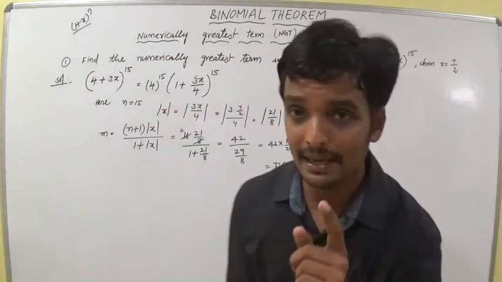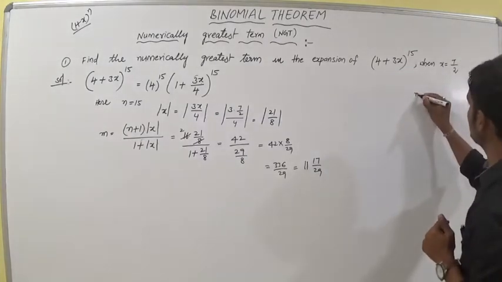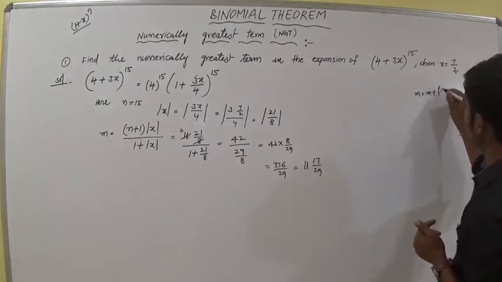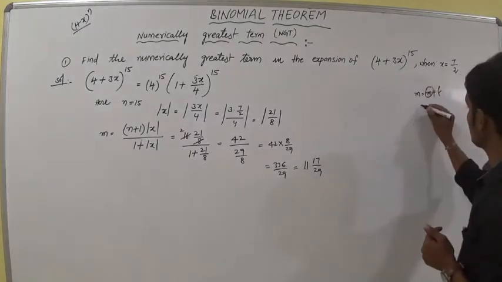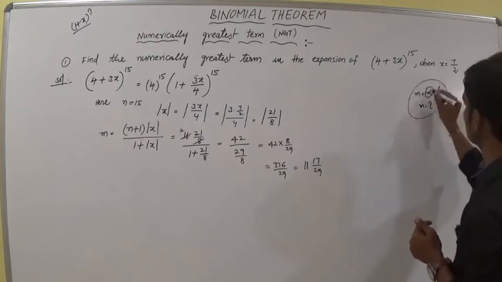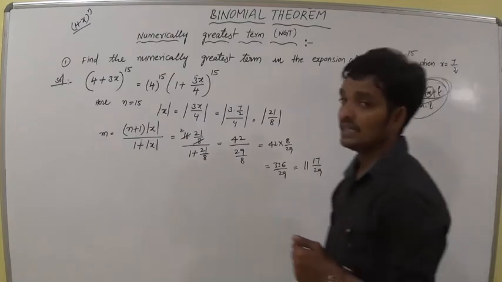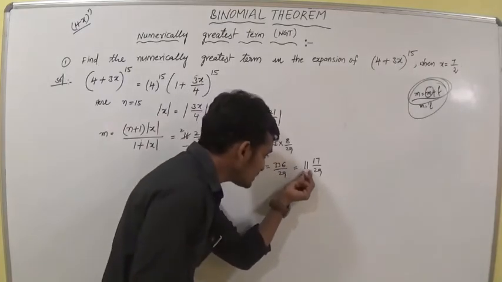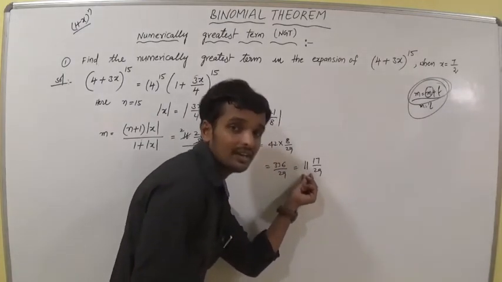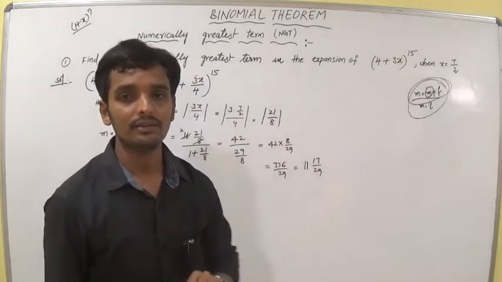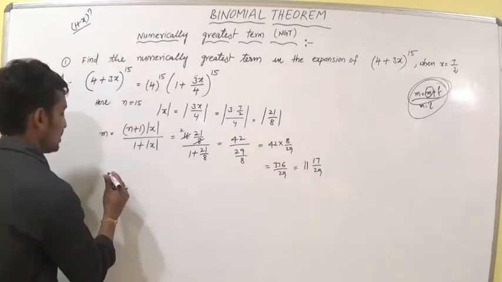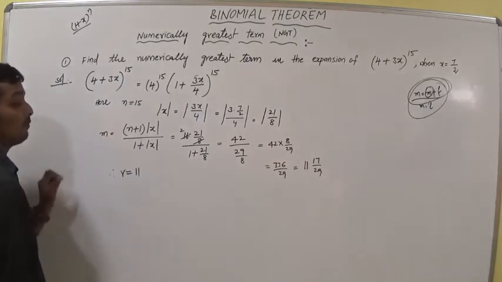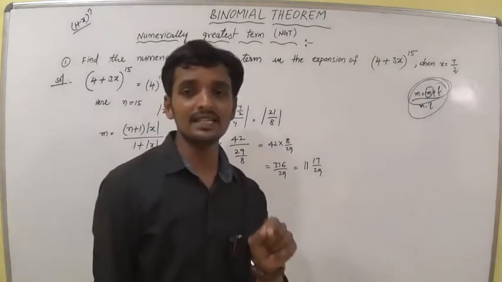I told you that m has two cases. If r is in the form of m plus f, this is the value of m and a fraction, otherwise m is an integer. So in this case we are getting the first case. The first case is m is not an integer, we have to take the value of m. What is the value of m here now? 11. That m becomes r. That means therefore r is equal to 11. We are getting the case that the value of m is not an integer.